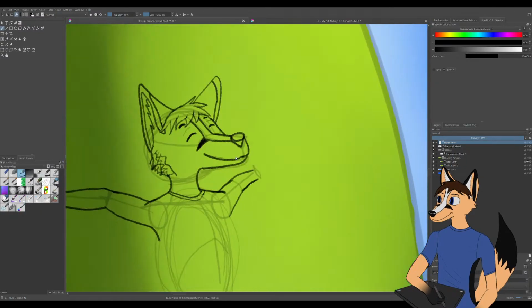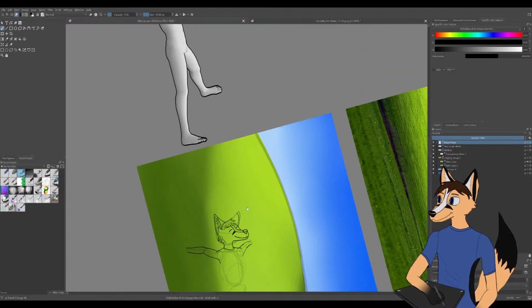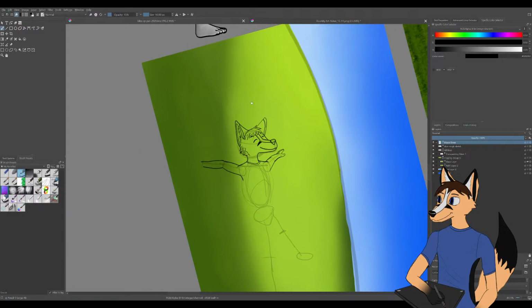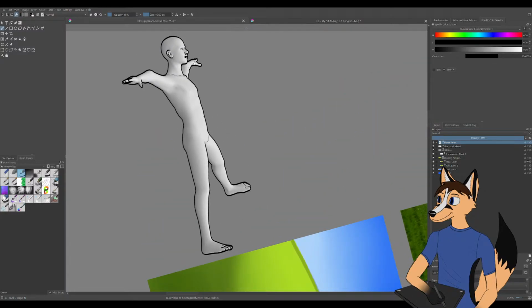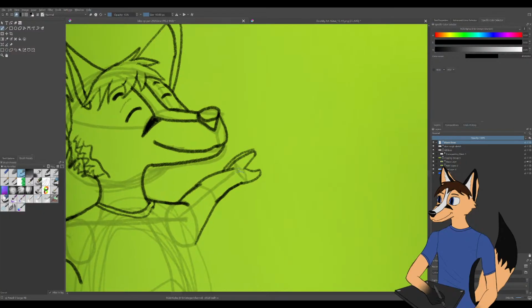And then his hand is even weirder here. Not sure how I'm going to pull that off convincingly. It's kind of like that, but that doesn't look like a hand to me. It doesn't even look like a hand in the reference to me. It just kind of looks like he's a Lego minifig, just has a claw hand.